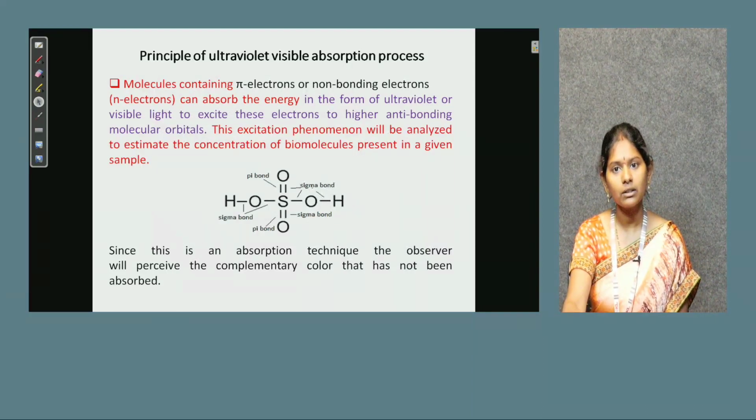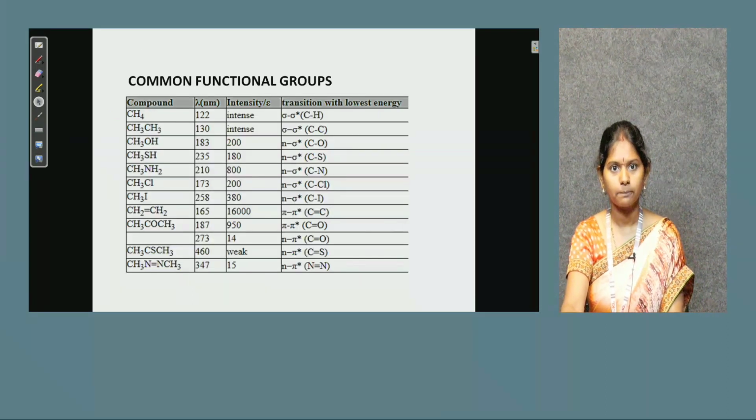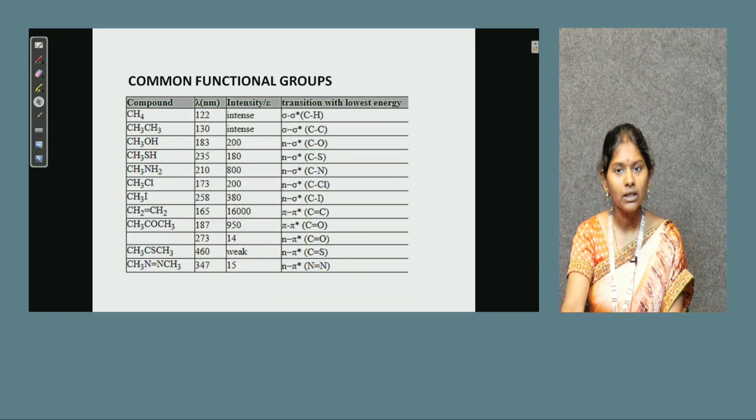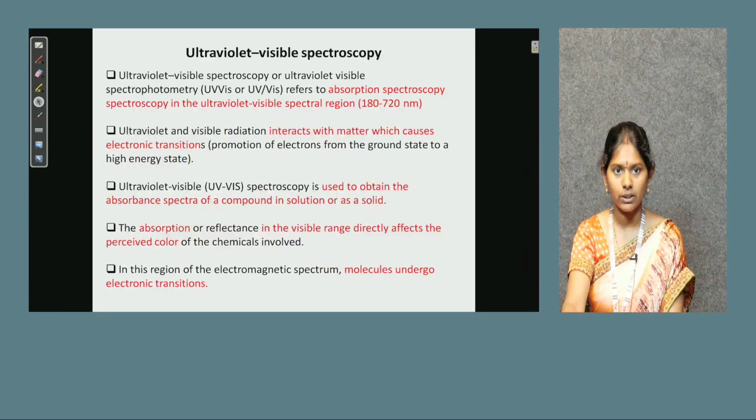If you are using a colored solution, there are two different types: one is excitation, the other one is emission. The observer will observe the light which is emitted by the molecules. These are some of the common functional groups which can absorb light in the UV region or the visible region. So UV visible spectroscopy refers to absorption spectroscopy in the ultraviolet or visible spectral region,